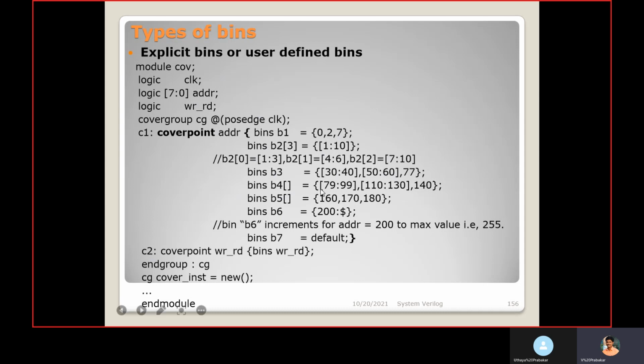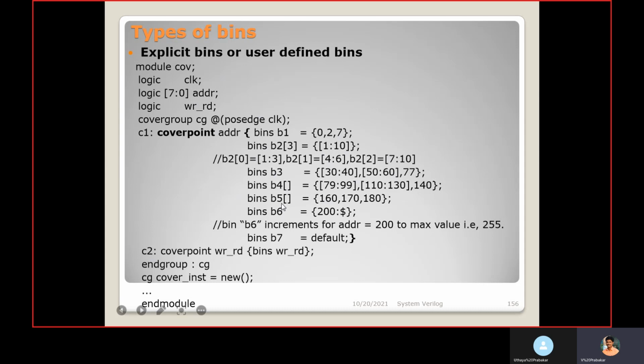For B4 of 0, if this range is received, B4 of 0 will get a hit. When this range of values is received, B4 of 1 will get a hit. If we get this value 140, B4 of 2 will get a hit.